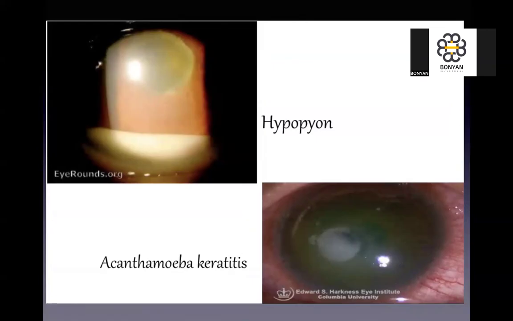This picture shows hypopyon above, in bacterial or fungal ulceration, and down there is acanthamoeba keratitis. Look here, you will find that the pathology and changes in the cornea are minimal, while the pain will be severe because of involvement of the neurites of the sensory nerves of the cornea. Secondly, it always starts at the periphery